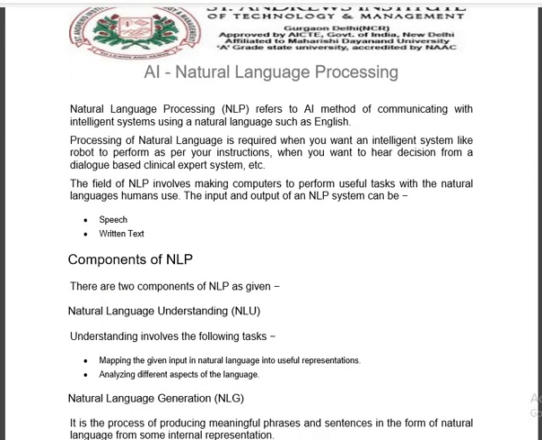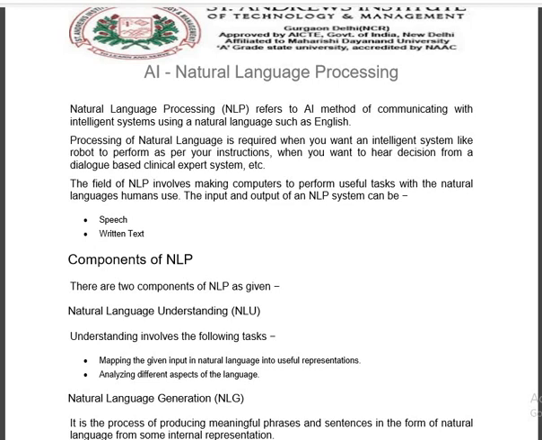As we have heard, the term natural language processing refers to the field of AI that helps to make communication with an intelligent system using a natural language such as English. If two human beings are communicating with each other, they require a language. Basically, they speak in their mother tongue or any foreign language. But when an intelligent system or a robot speaks with a human in a particular language, to solve all the queries, we require some kind of processing, and that is natural language processing. Processing of a natural language is required